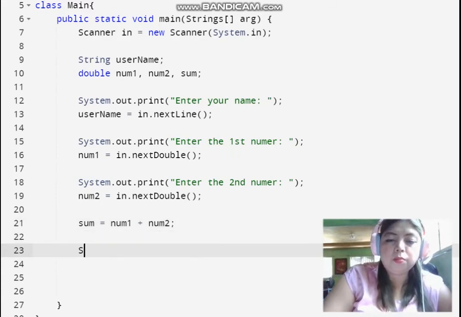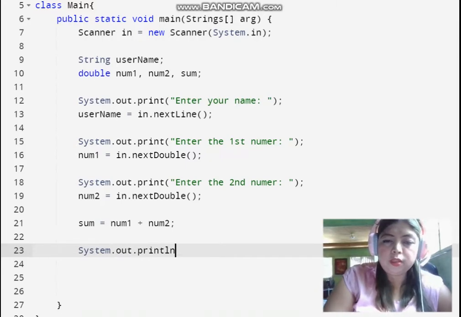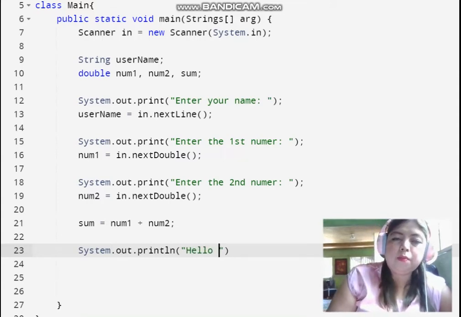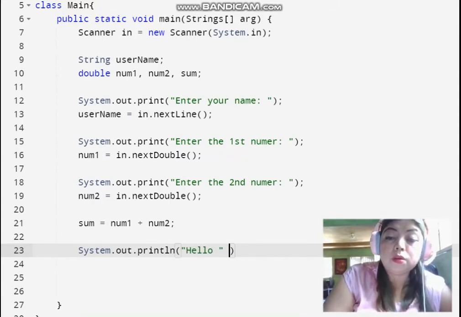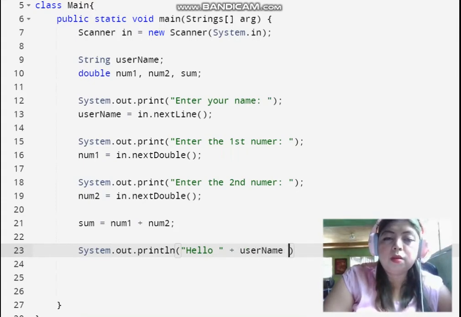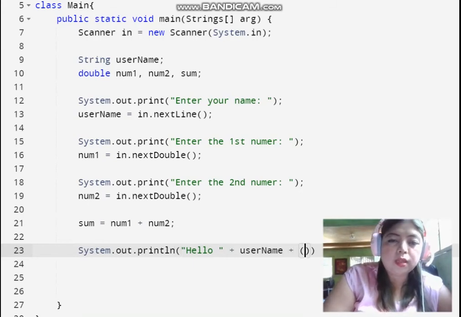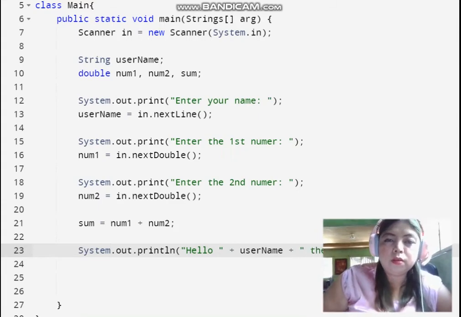And then, pa-output lang ako kay user ng information. Okay. Hello. Tapos, kunwari, babatiin natin yung user mo, no? Hello, ang pangalan ng username, variable is username plus. Tapos, iduduksong natin dito yung sum. The sum of,